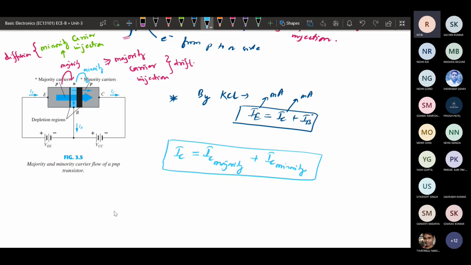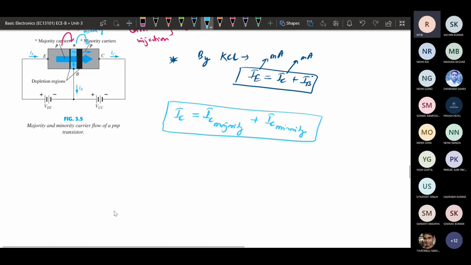Okay, and this minority charge carrier current is the current that flows when the diode is reverse biased, because of the minority charge carriers. So this IC minority is also called ICO.